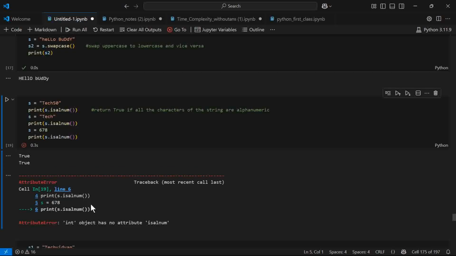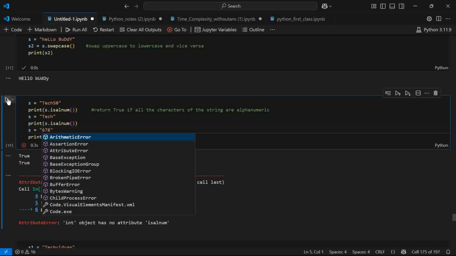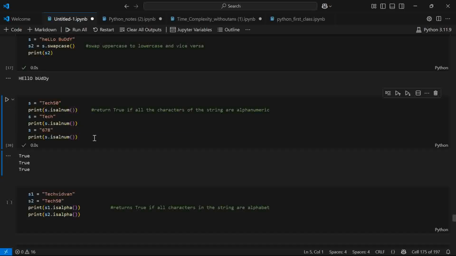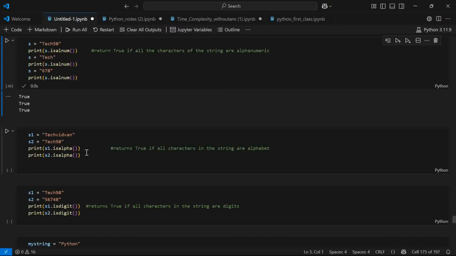So see, "int object has no attribute", because you can't apply this function isalnum to any integer. So that's why it gave you an error. This is how it works. It only works on strings, because this is a string function. Initially I told you all these are string functions. Okay, so next we have s1 and s2 variables, and again we are checking whether it is alphanumeric